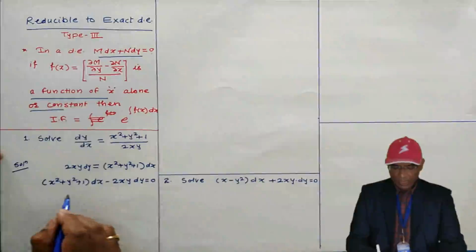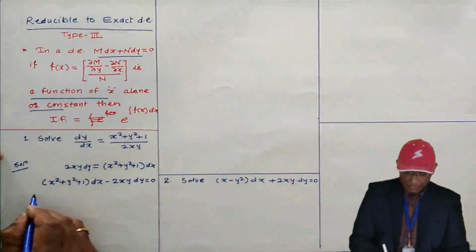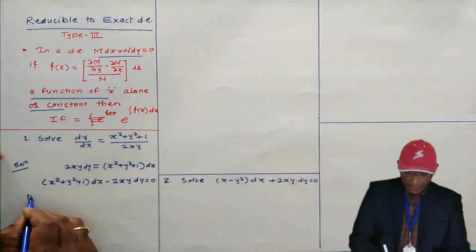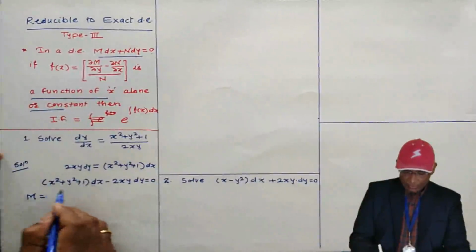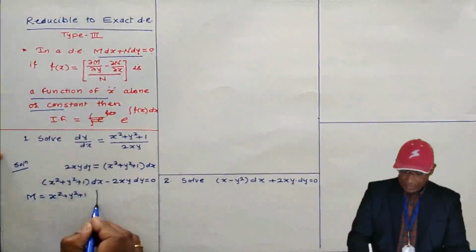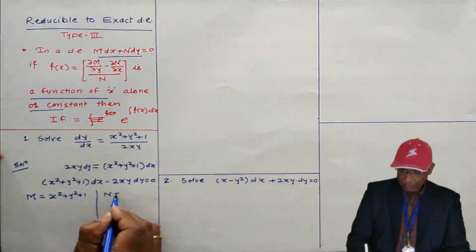Now I have written it in terms of M dx + N dy. Here M is the coefficient of dx and N is the coefficient of dy,